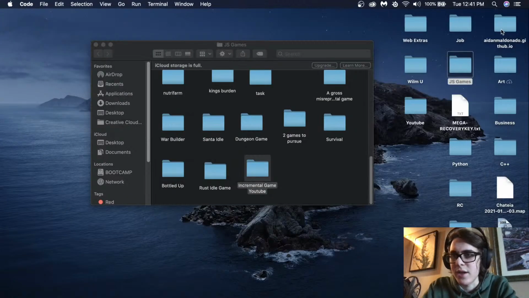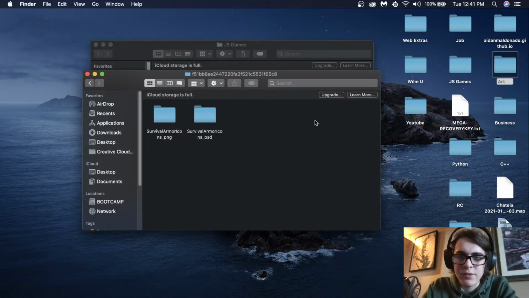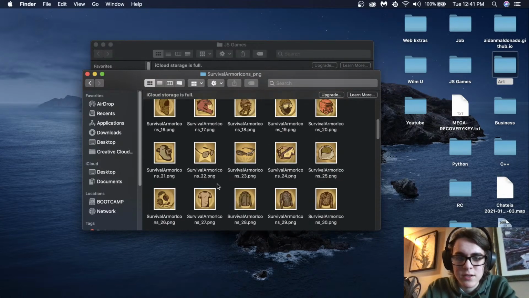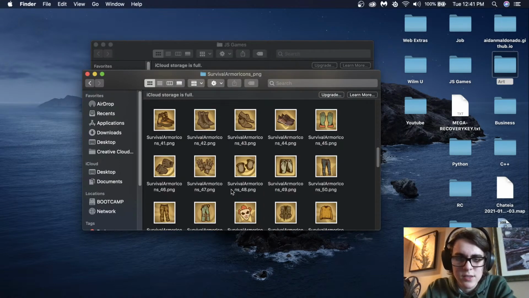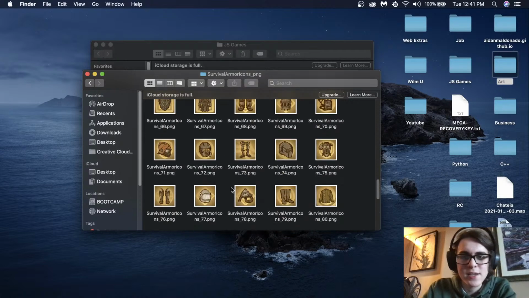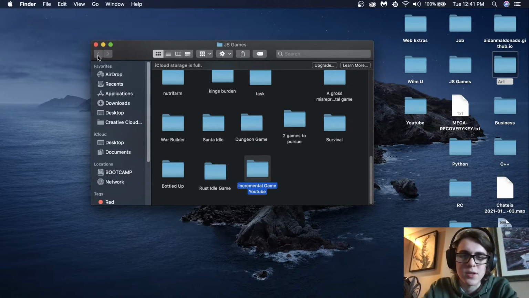I'm going to show you some of the art that I have for a second. So here's some of the stuff that I was thinking we might use. Just some basic, nice PNGs. We could do something survival based. I made a couple games where you have to sell survival goods in some capacity. Or I also have a lot of